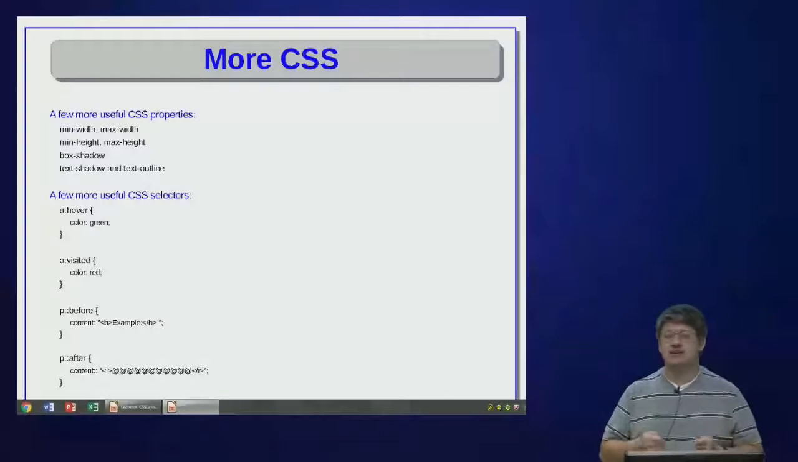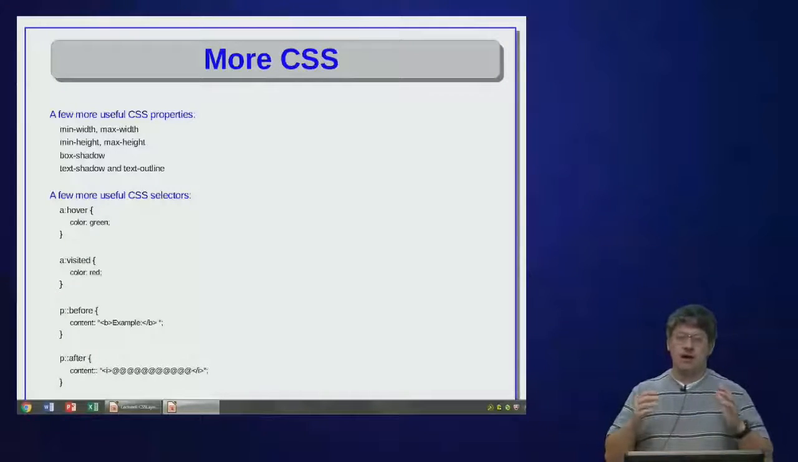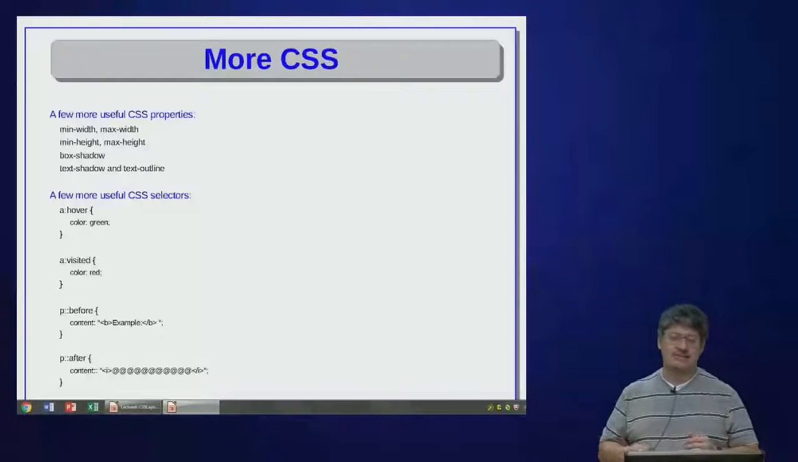By the way, it's considered bad style to actually set a height for something because the web browser scrolls, and so it often needs to lay things out further down, and setting a fixed height can interfere with how it wraps things. You can also give an element a drop shadow by setting the box shadow